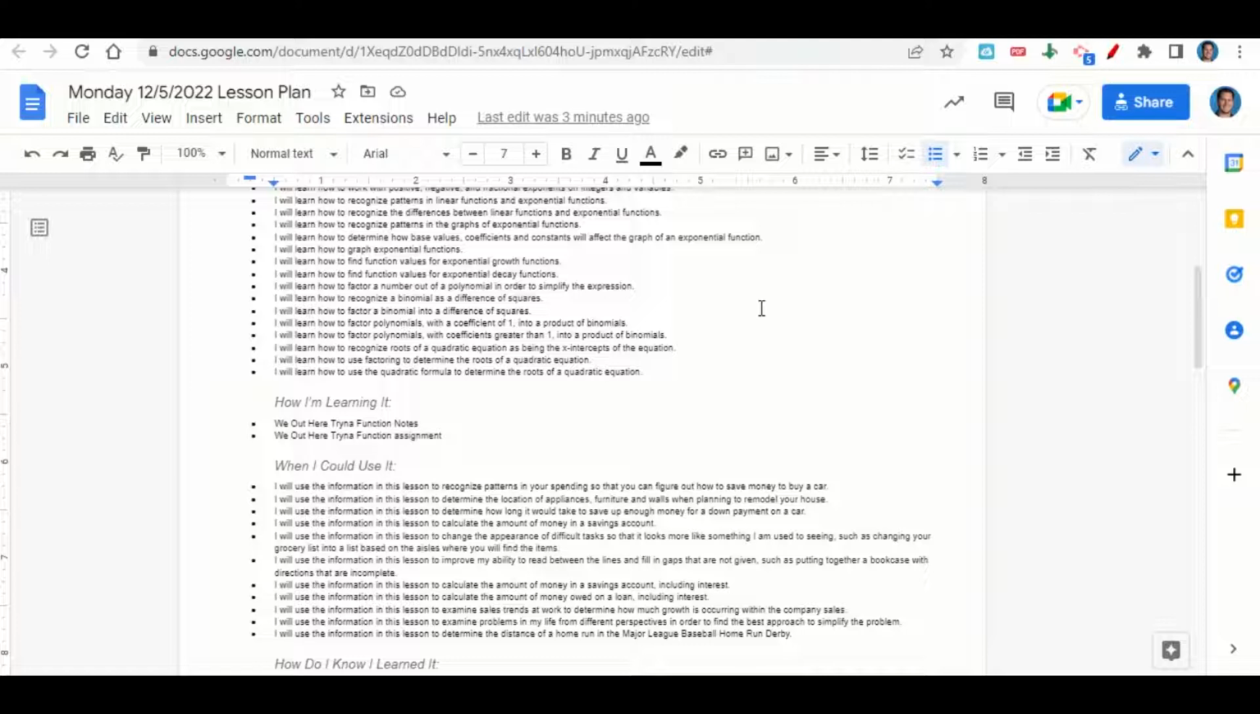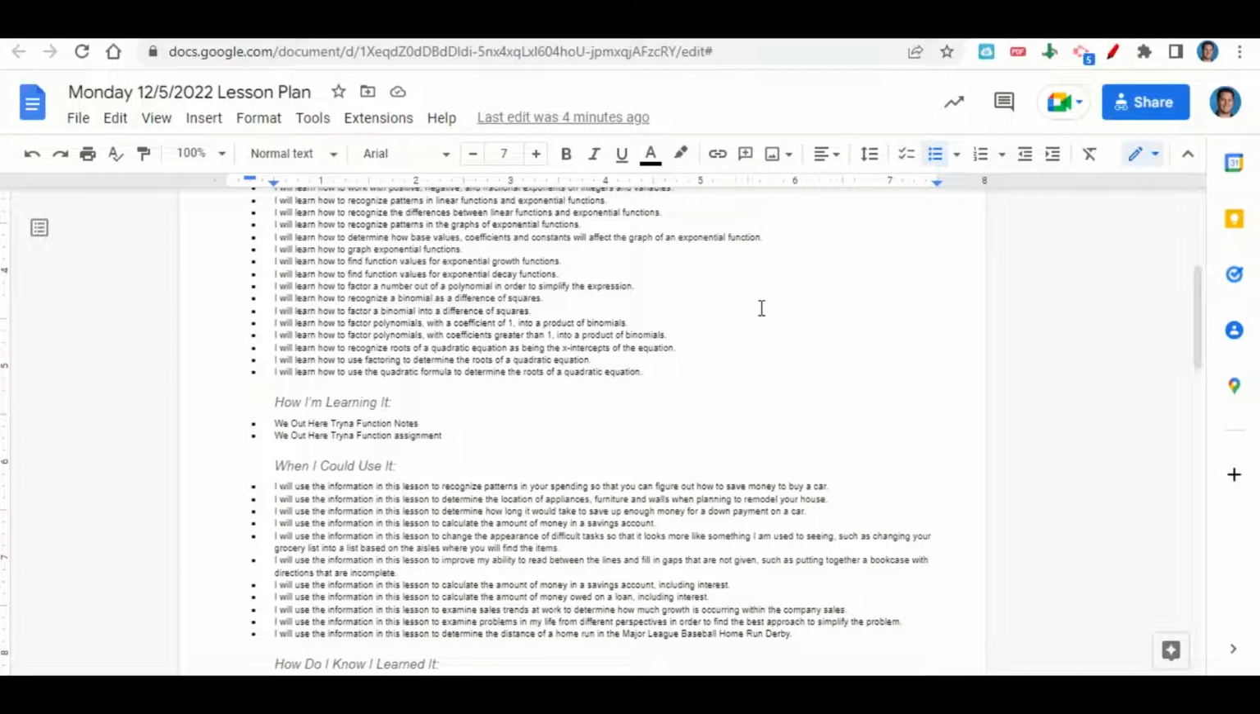car, to determine the location of appliances, furniture, and walls when planning to remodel your house, to determine how long it would take you to save up enough money for a down payment on a car, to calculate the amount of money in a savings account, to change the appearance of difficult tasks so that it looks more like something like you're used to seeing, such as changing your grocery list into a list based on the aisles where you find the items, to improve your ability to read between the lines and fill in gaps that are not given,